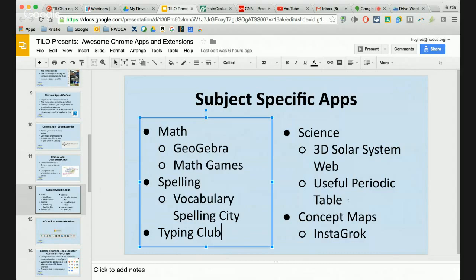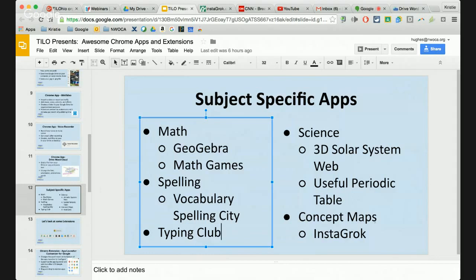Same thing with this periodic table. This is one as well where you can go ahead and see all the different elements, and each element that you click on, it does give you more information about that element. So it may pull in some different facts or allow you to kind of see why it is that they're there and what they do and so forth. So that's really a good one too.